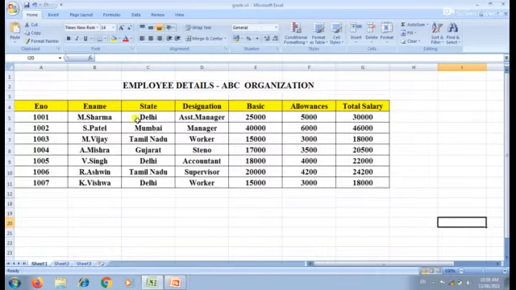Here I am going to arrange the data, that means a particular column's values, in either ascending or descending order. Consider the column basic. Here the values are not given in ascending or descending order. I am going to arrange this column's values in ascending order. First, what do we have to do? We have to do some steps for sorting the data.